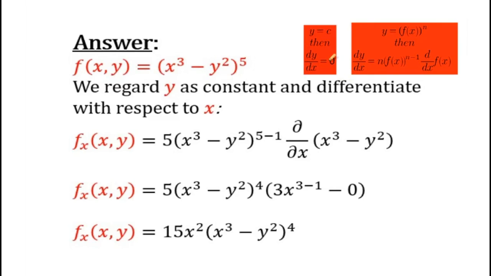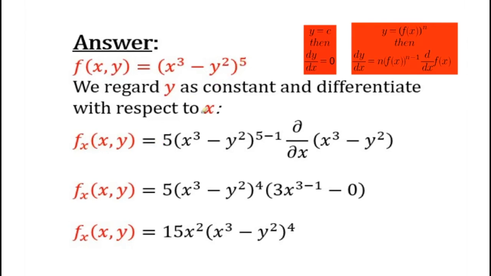Now our function is (x cube minus y squared) whole to the power 5. We regard y as constant, meaning y is a constant here, and differentiate with respect to x. It means we want to take the first partial derivative with respect to x. That's why we wrote here fx, which is equal to,